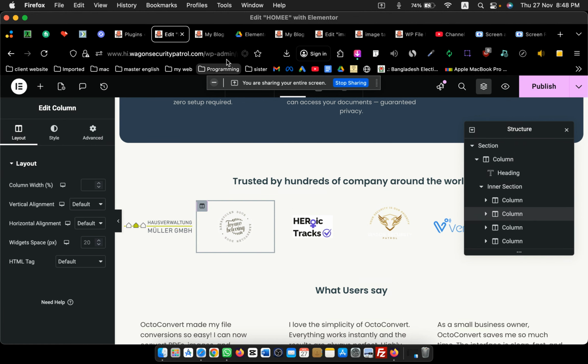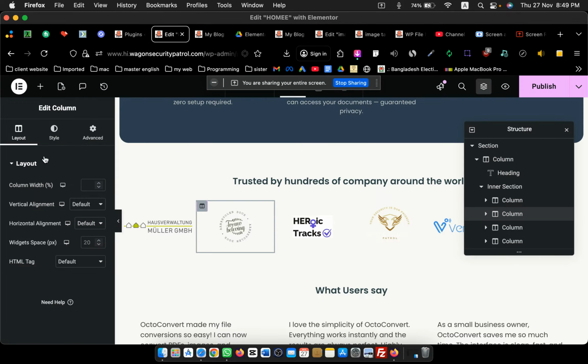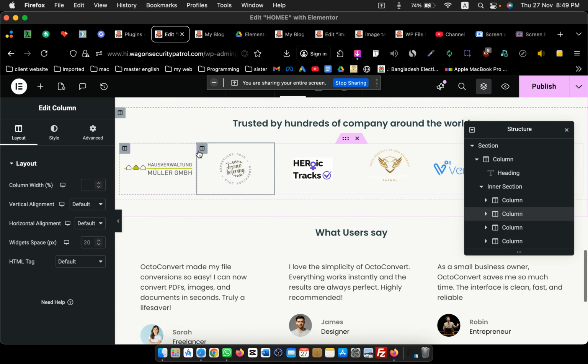So here you need to do this, first of all, I share this plugin in the description. Download it. This is my own plugin, so download this plugin and activate it. This is just 2 KB maybe, so it does not affect your website speed. So download it, and after downloading you come here and where you want to place the link, just click